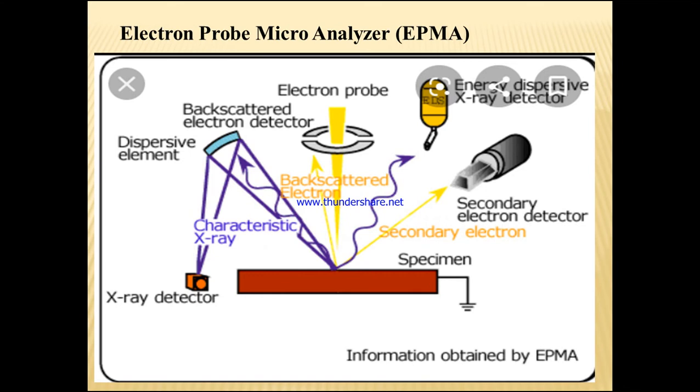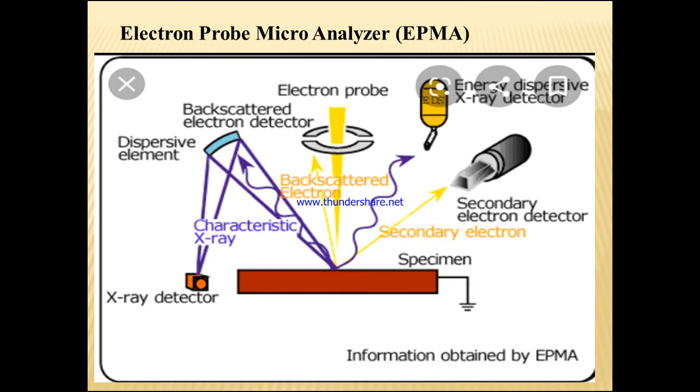So this is what we have with respect to the electron probe microanalyzer. This is the working principle of the electron probe microanalyzer. It is similar to the scanning electron microscope, which has the same working principle. The only difference is in the analysis of the specimens. In a scanning electron microscope, we cannot go for the analysis of chemical samples, whereas here we can go for the chemical analysis of the samples.